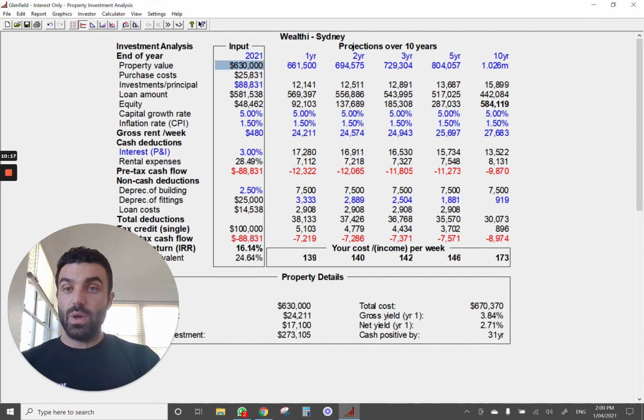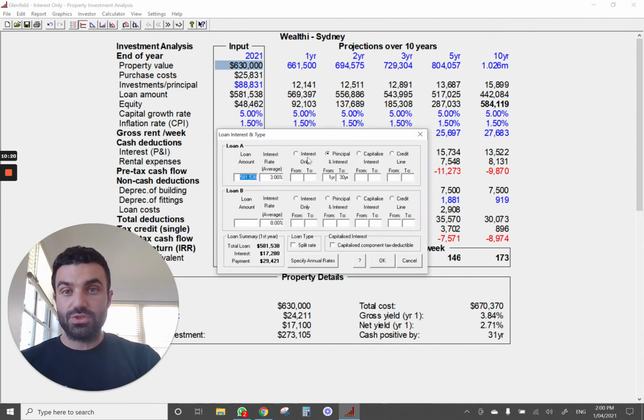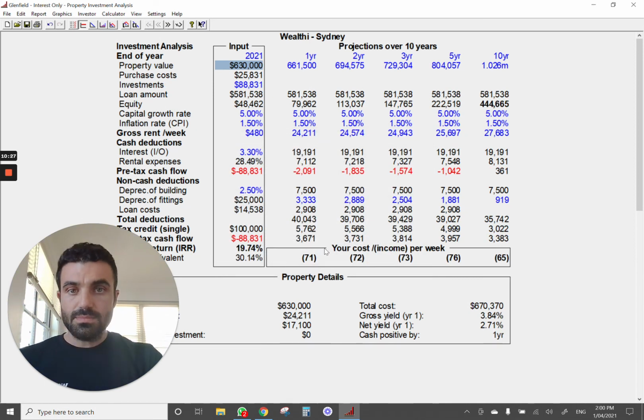Now, what I'm going to do very quickly is show you what it looks like if you do interest only. We're going interest only. We'll make the interest rate a little higher. And here things change and become quite exciting. For the same investment, you're not paying down the principal component of the loan. So what that means now is the property through the year is going to cost you $2,000, $2,091. And then when you get your $5,700 refund, you're making